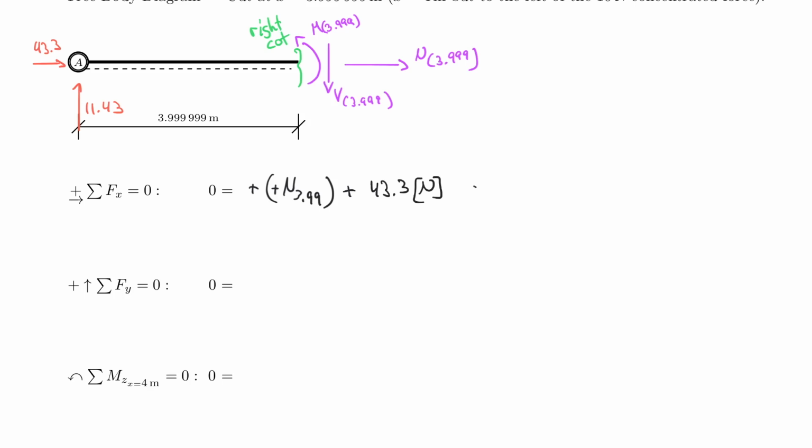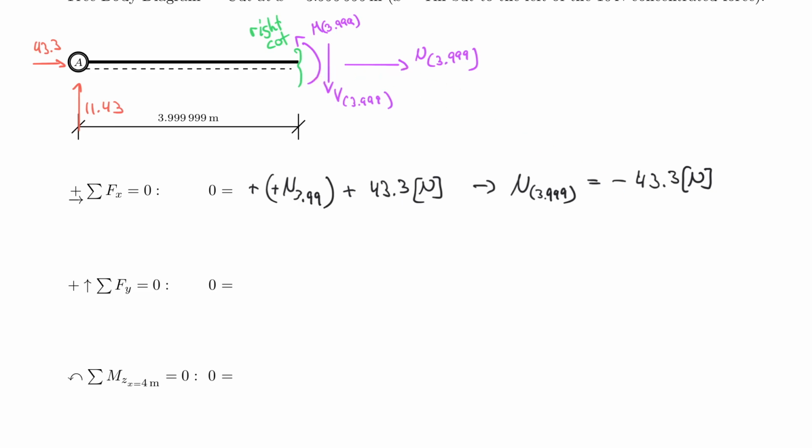And therefore my answer here for N at 3.999 is really equal to, now I have to be careful, negative, right? Negative